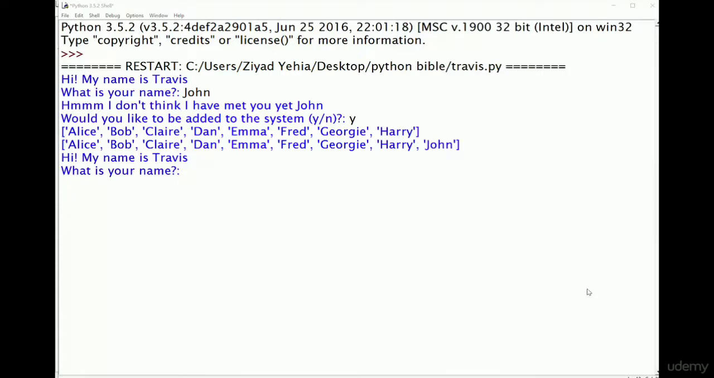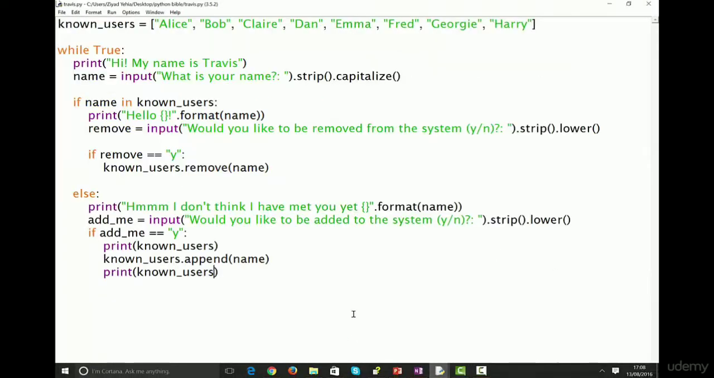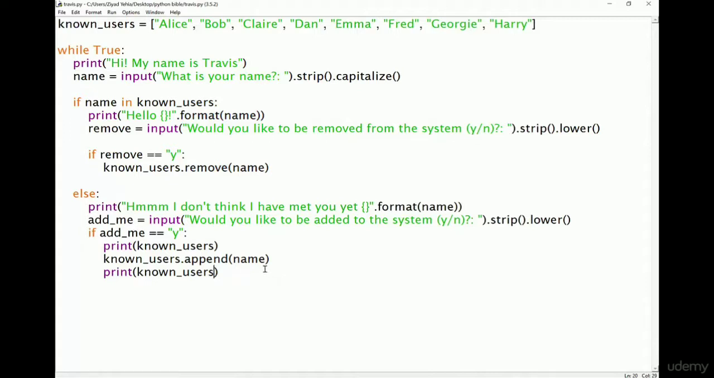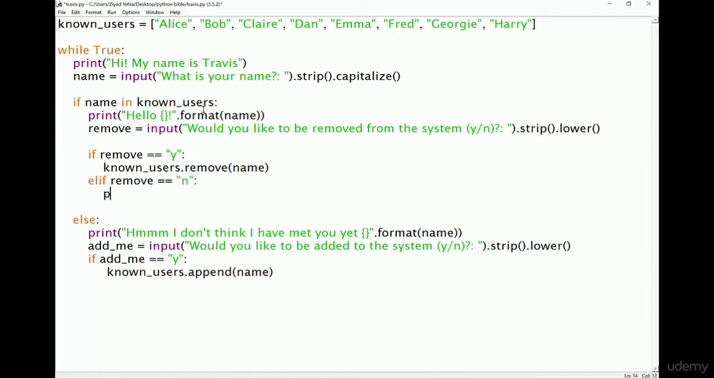So we're pretty much there, you guys. Let me just go and have a look at this code again to make a few finishing touches. So I'm going to first get rid of this whole print thing that I just used to show you the point. Then we're going to get rid of that. Okay. Now let's say they enter no to any of these things. So let's say if remove is yes, then remove them. Else, if remove is no, then print